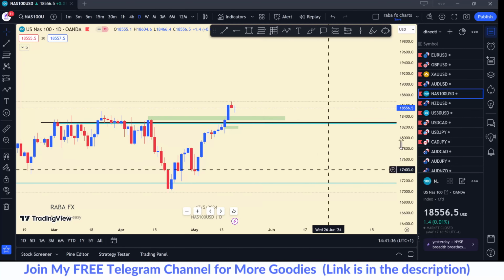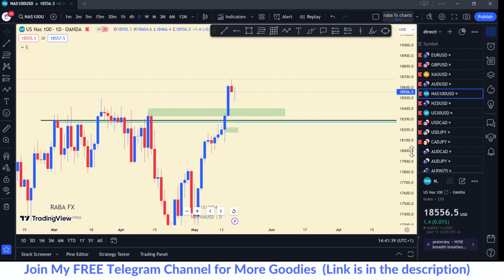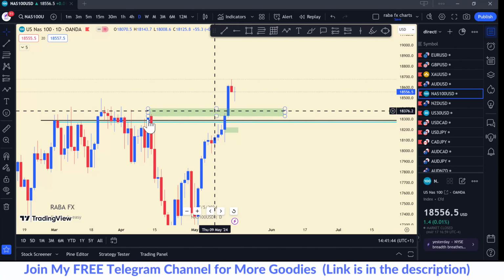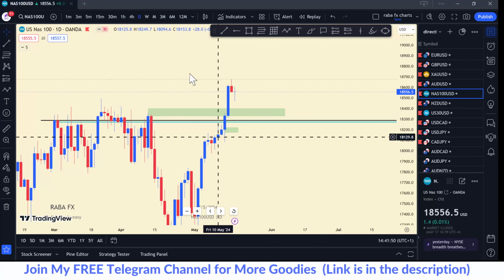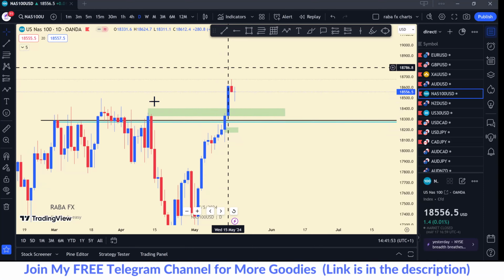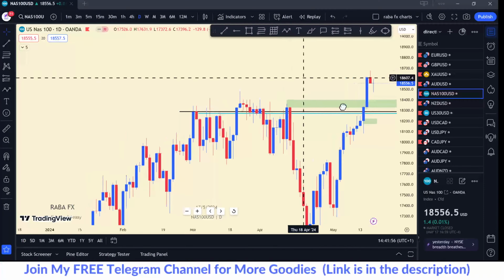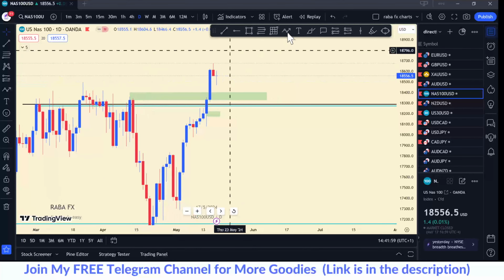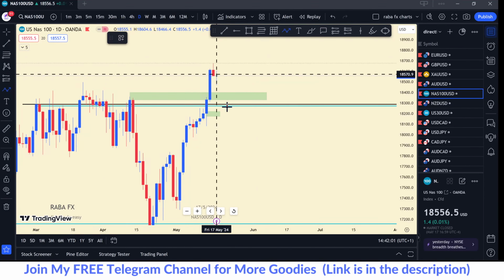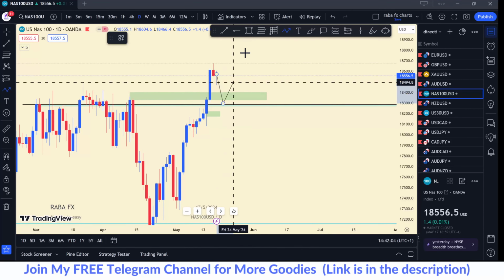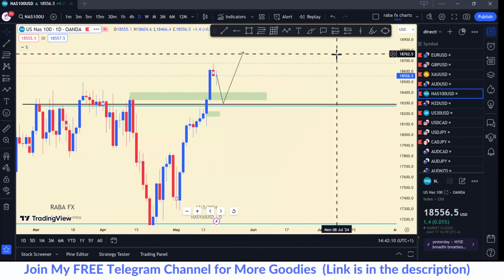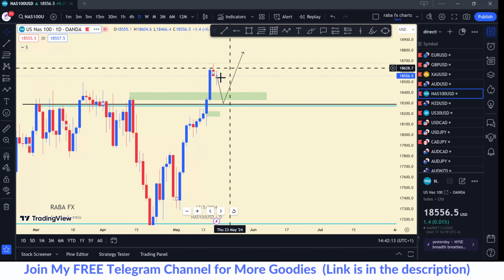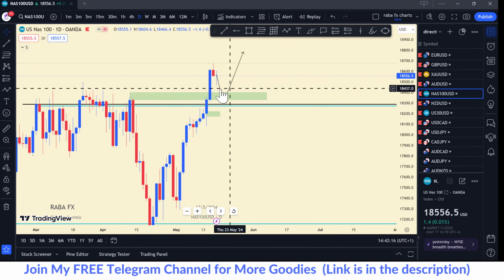So now the daily. On the daily, we refined it to this point, but as you can see, market did not respect that level. Instead, price decided to push higher, even more. So for me, I'm going to be patient on this pair for price to come down at least back to this zone before I can look for any trades to the upside. That's what I will do. I'll wait for price to give me a fresh opening price.